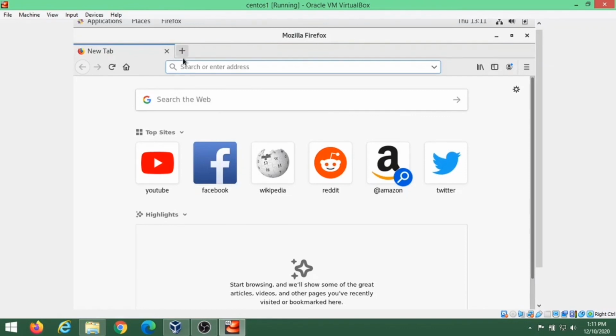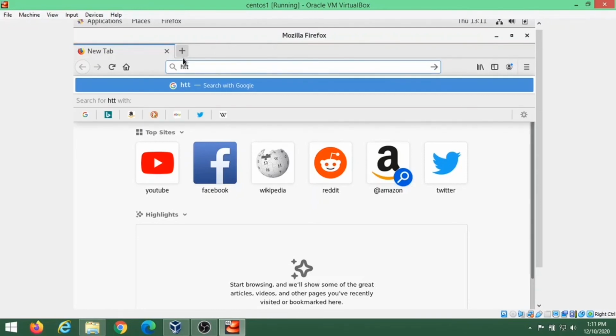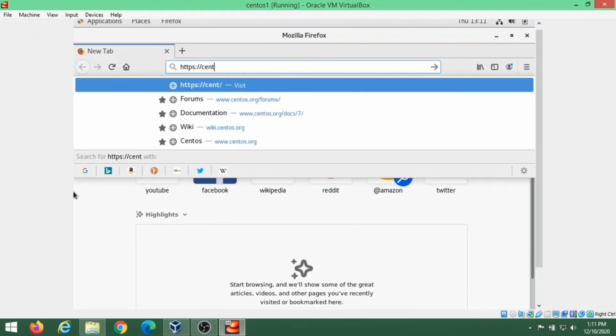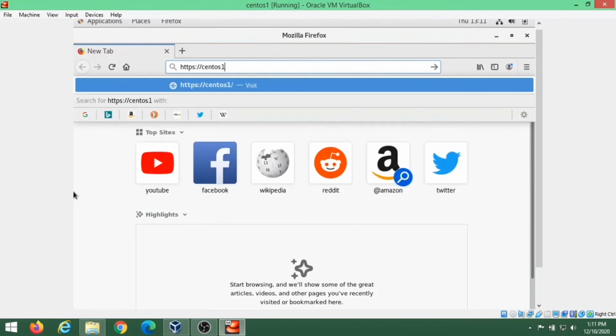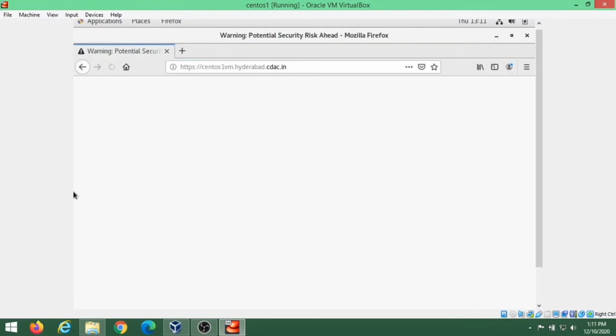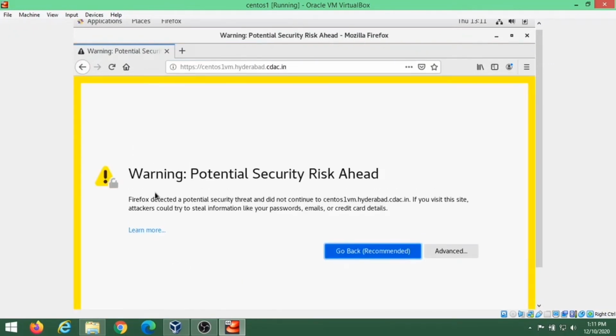Here in the tab, we will try typing our domain name with HTTPS, centos1vm.hyderabad.cdac.in. Your web browser will likely warn you that the site security certificate is not trusted. Since your certificate is not signed by an authority that the browser trusts, the browser is unable to verify the identity of the server that you are trying to connect to.